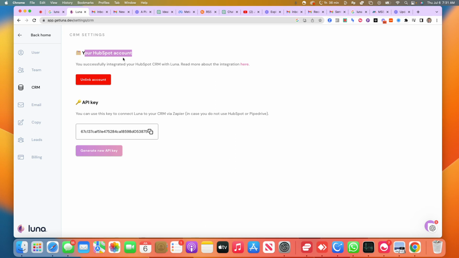HubSpot really is one of the best CRMs out there, hands down, because it's so user friendly. They're able to charge the prices they do because of their intuitive interface. You would think all these services mean something, but if you have a barrier to learning something, that barrier is the reason people like me have a job